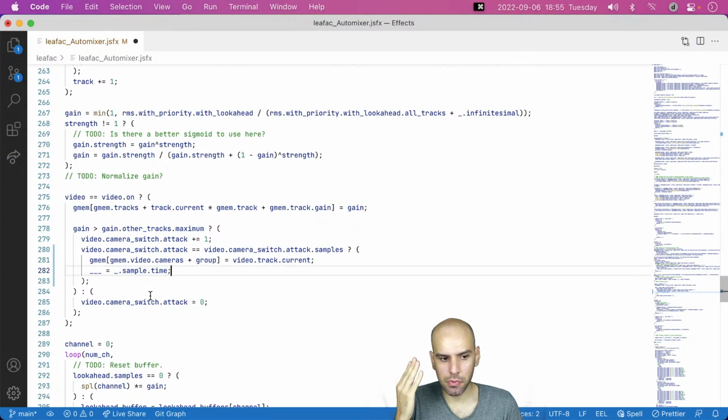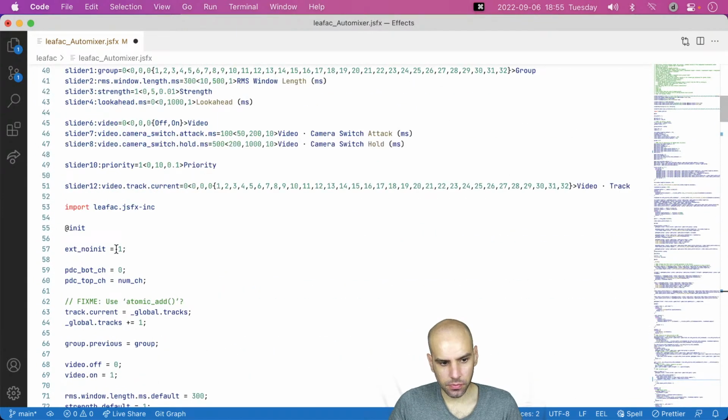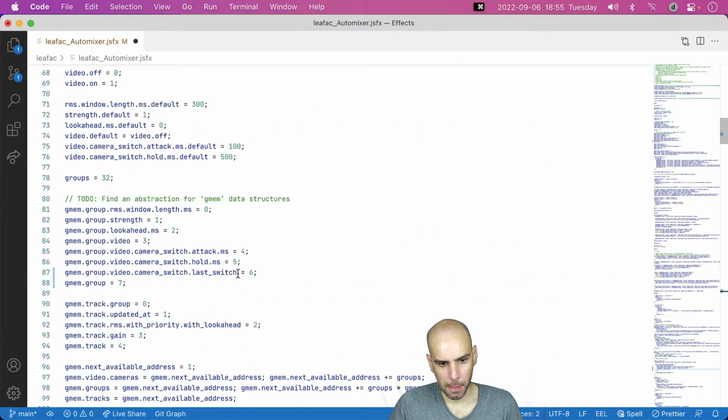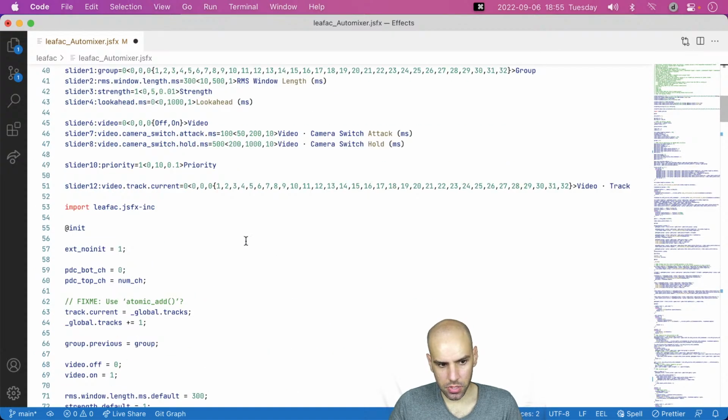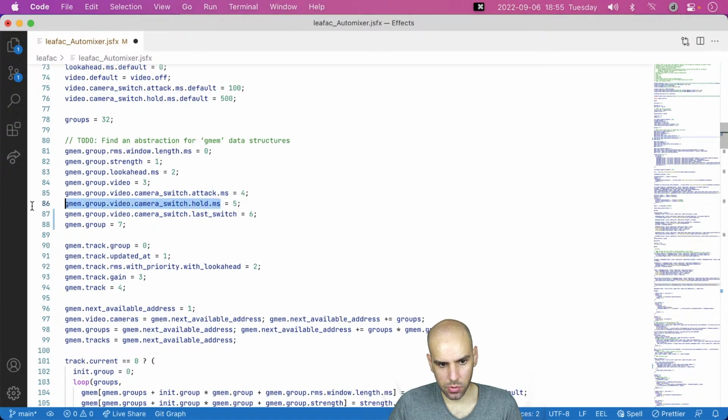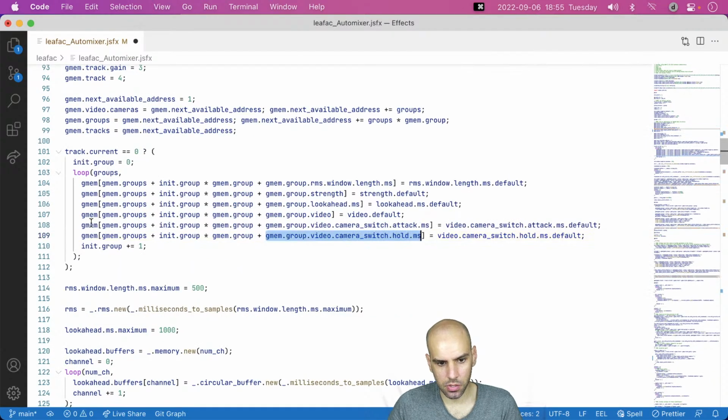Now I need to come up with the address under the global memory that corresponds to this group. I guess we will want to have something like this. But we can also cheat and look at what I do to get, for instance, a hold of that.